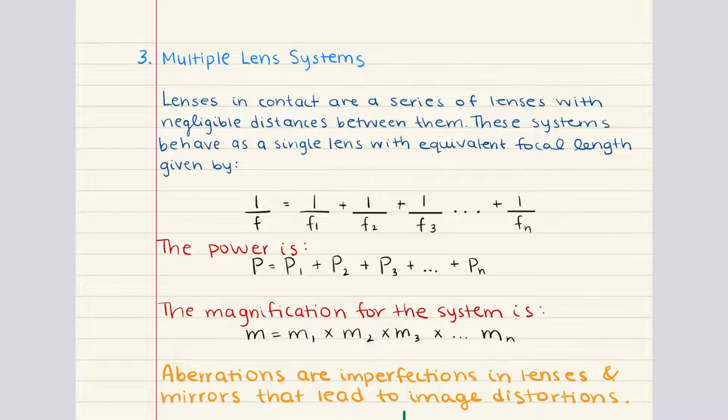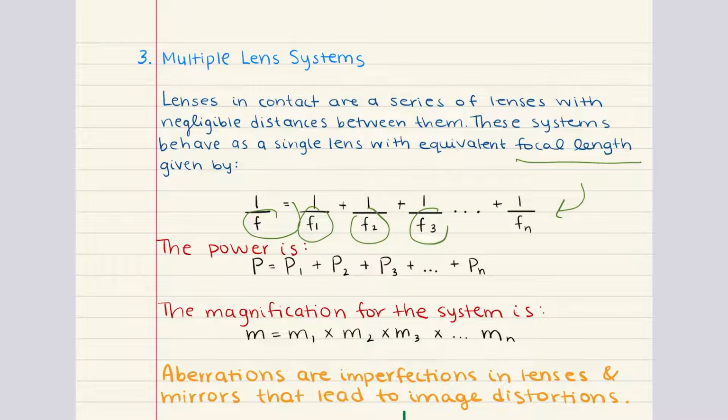When lenses are in contact or have negligible distances between them, they work together as a single combined system with an equivalent focal length, power, and magnification. For each system, the equivalent focal length is calculated using this equation right here. F1, F2, F3, and so on represent the focal lengths of each individual lens. So this equation allows us to determine the effective focal length of the entire system, which behaves as if it